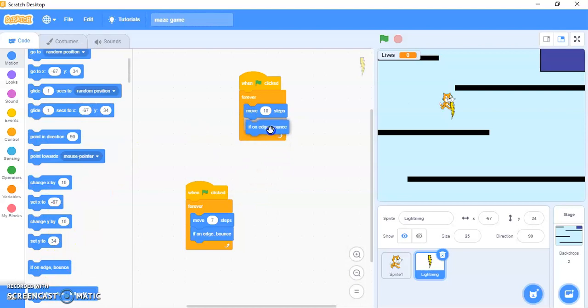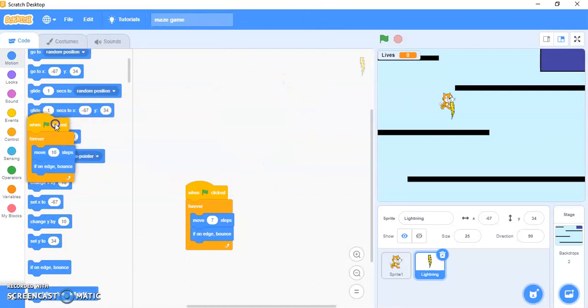So it is going to bounce if it is on the edge. So this is how I created this block. That's it. That's how this lighting sprite is going to move from left to right. This way you can add other interruptions, obstacles in your maze game too.